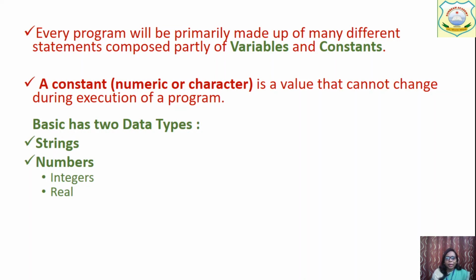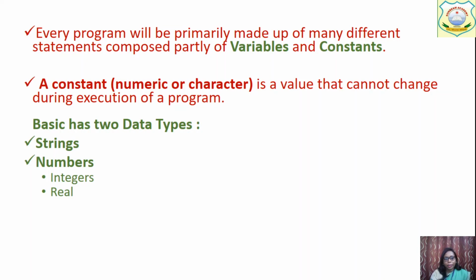Just remember the flow chart, where in the algorithm and flow chart chapter you have done that, input A and B, and what you are inputting there, keeping the values in A and B. So here A and B are variables जिनकी value change हो रही है, but the value which is fixed is called constant. So a constant is a value that cannot change during the execution of the program. It is of two types. Which types? String and numbers.